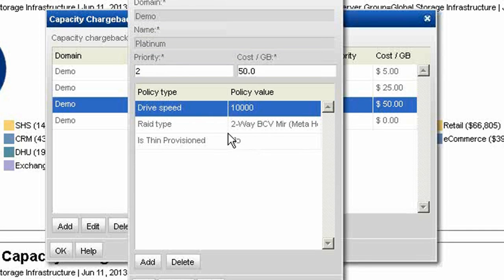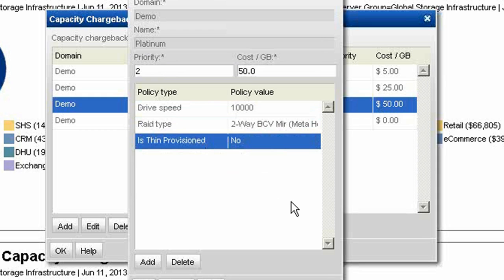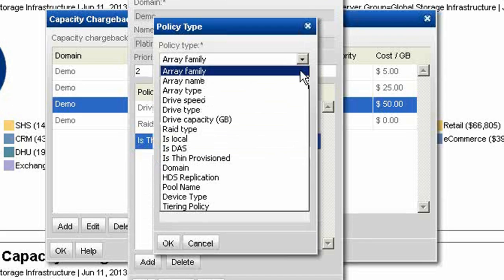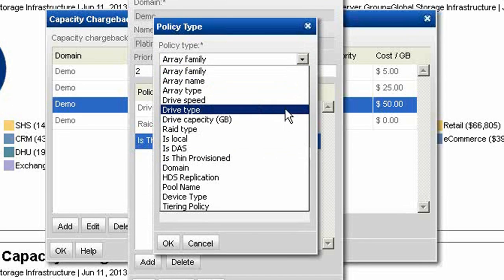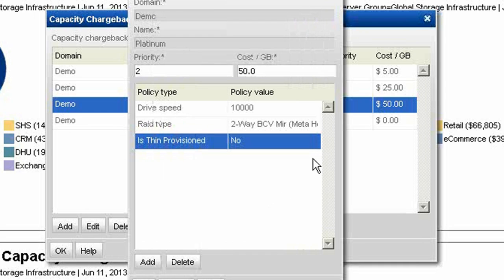We see that we have a BCV defined as a particular RAID type, and the fact that this particular platinum level of storage has not been provisioned. So we can really define the criteria of a tier based upon a number of different attributes, such as a particular array serial number, a drive type, or whether it's replicated or not, and ultimately tie a cost per gig